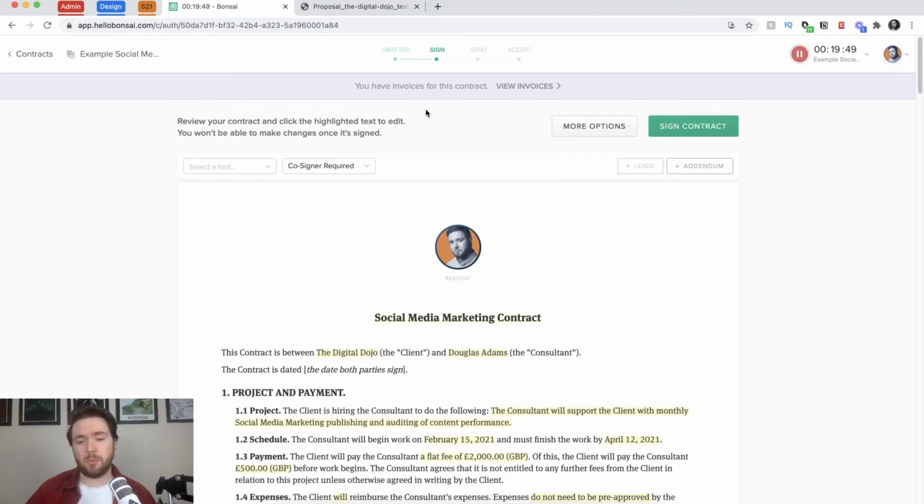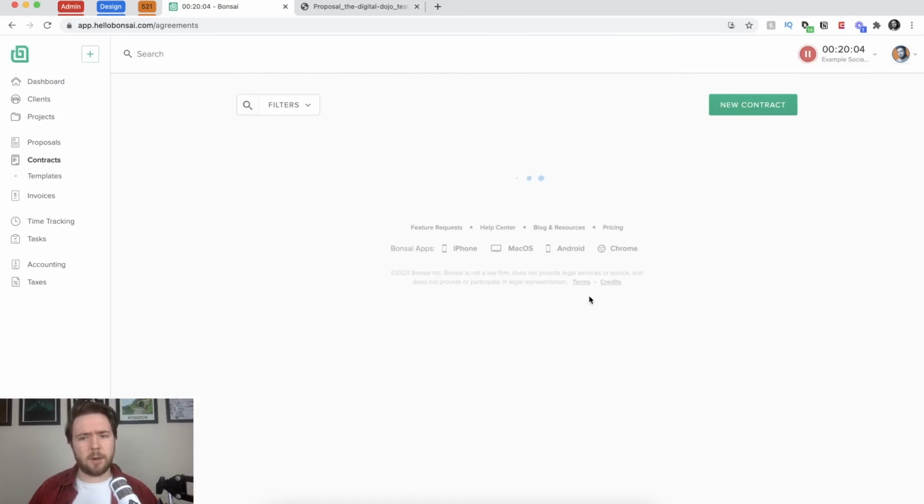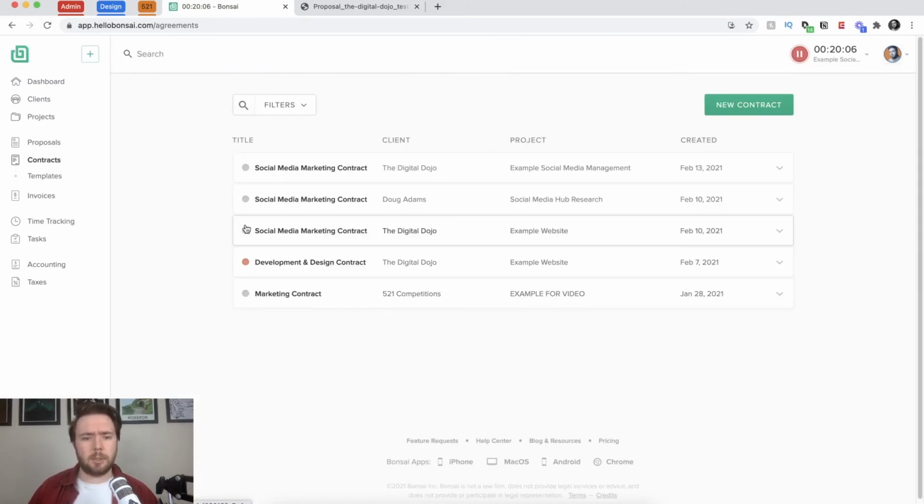You get a notification when it's been sent to the recipient, when they've opened it, when they've signed it, and it will all be logged automatically. No head scratching, no following databases. You can just open it, go to your contracts, go to your agreements, as we're going to do now. I can say, this has been drafted, this one's been sent, and then obviously you would see if something's been